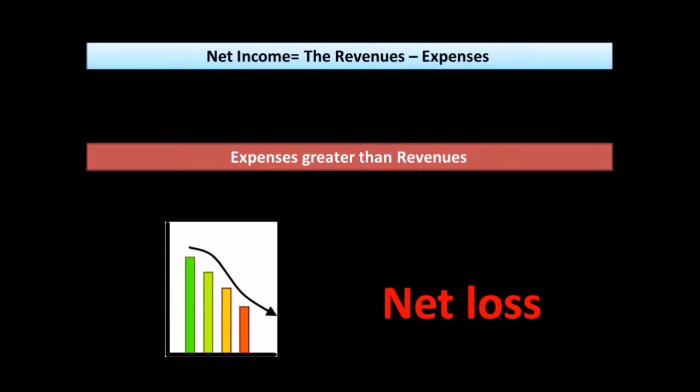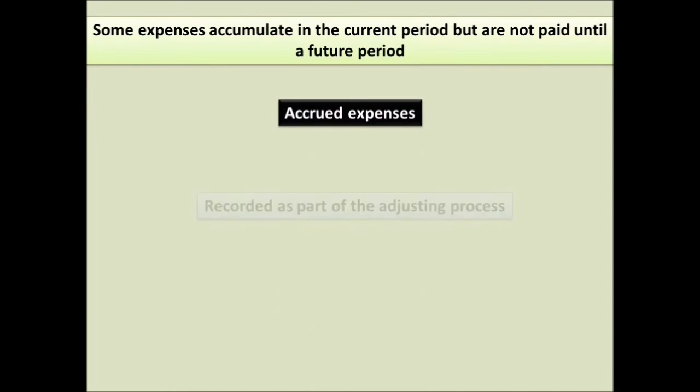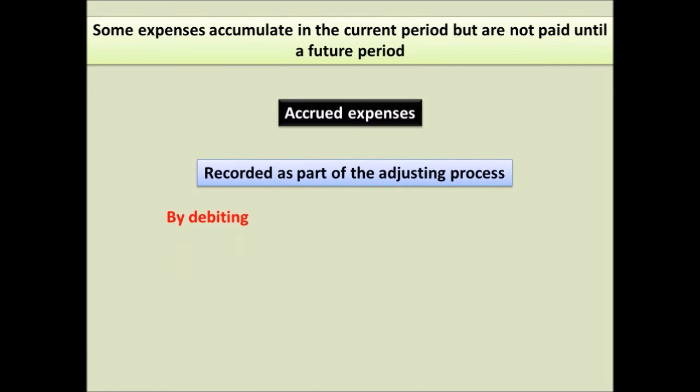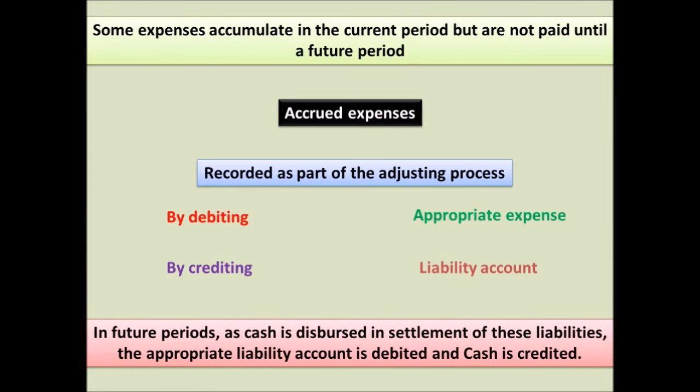net loss. Some expenses accumulate in the current period but are not paid until a future period. These are accrued expenses recorded as part of the adjusting process at the end of each period by debiting the appropriate expense and crediting a liability account. In future periods, as cash is disbursed in settlement of these liabilities, the appropriate liability account is debited and cash